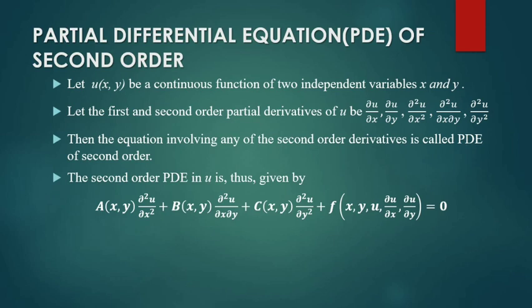Here you will find that the order is 2 and the degree is 1, and it is a second order partial differential equation. Here this function may take any degree like 1, 2 or whatever, but generally we say that this is a linear equation in second order terms.